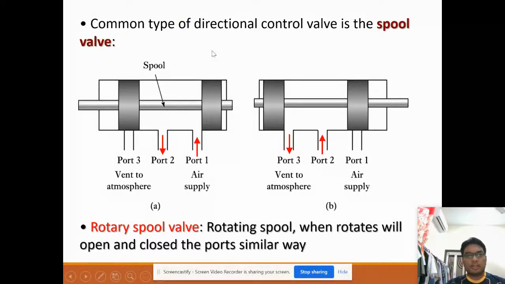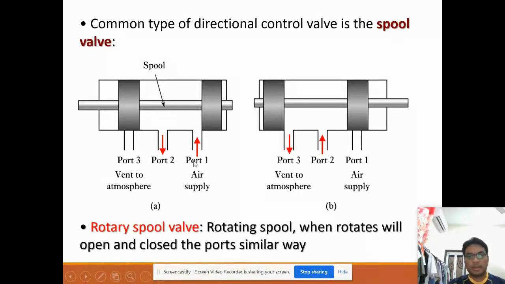This is one example of a common directional valve. This is what we call a spool valve. The movement is horizontal, and this is the spool. It has two positions and three ports. After this I will show you how you can write the symbols like this. This is a 3 by 2